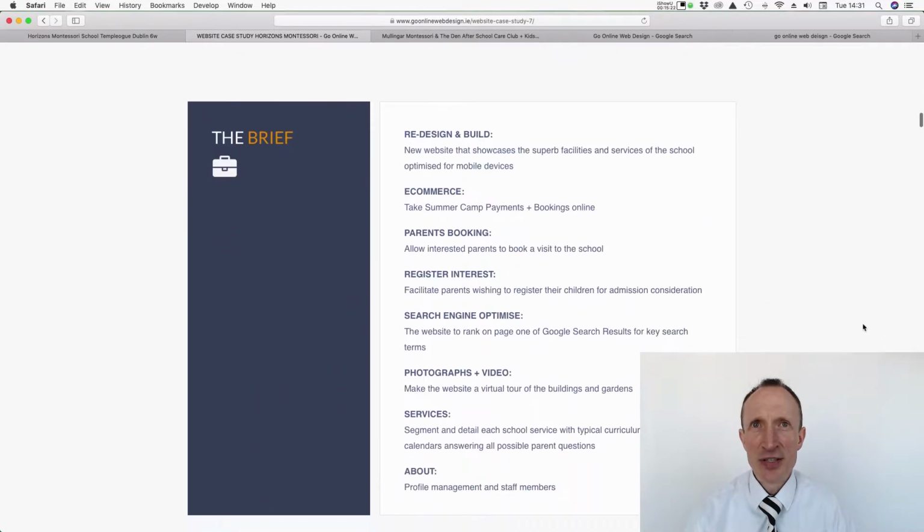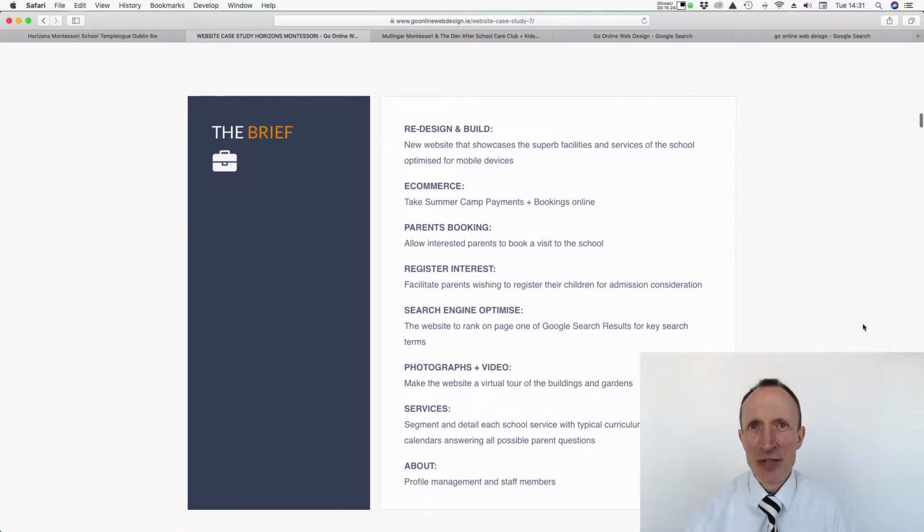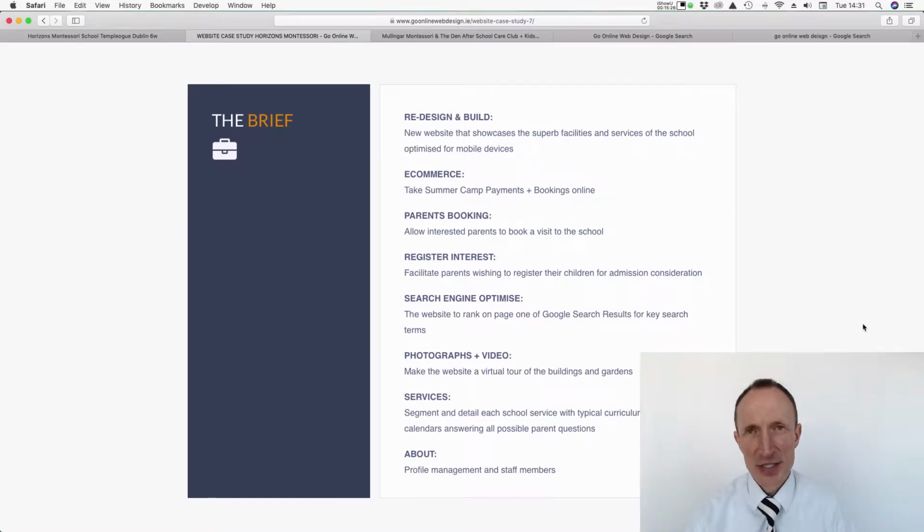Here's a screenshot of the website and the brief that we received. So to redesign and build the website, to place some e-commerce functionality on it in terms of the summer camp bookings, to allow parents to book a visit to the school, to streamline that process and to formalize it in an email to the administration office,